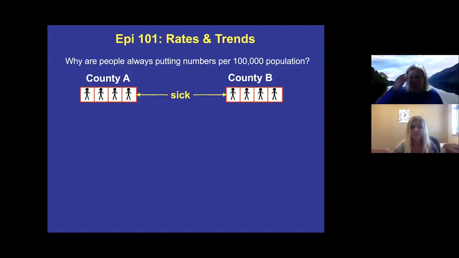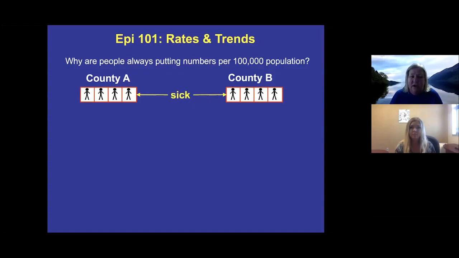Well, I'd like to start off with just some information on rates because there seems to be a lot of confusion. A lot of people don't understand why we put numbers on a per 1,000 population or 100,000 population basis. And I thought I would just go over that. We did this in a previous one, but I've added a couple other things and I've updated some of it. But here we have 4 people, and I'm talking about counties right now because later on I want to go over the rankings for the top counties with the 10 most populous cities and talk about some rates there.